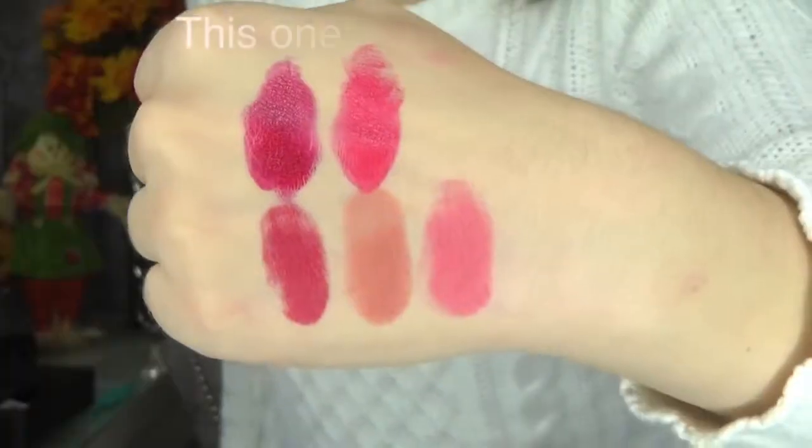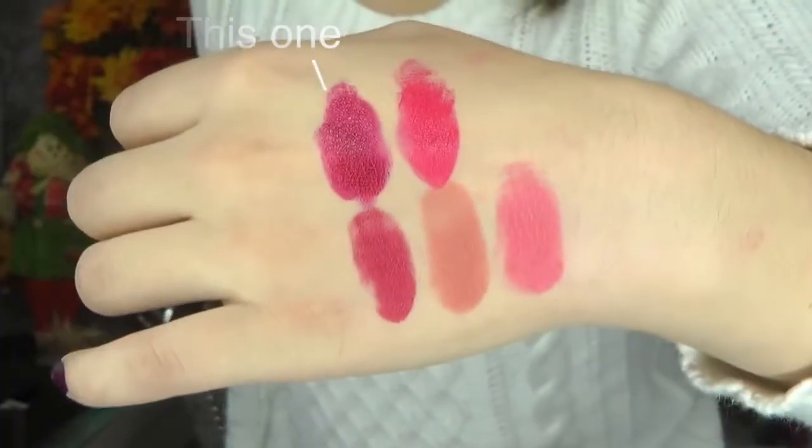So first one is called Broadway Plum. It is a really beautiful fall color. By the way, the details on these lipsticks are amazing, and the packaging is super cool because they're magnetic. So it's like, ready? They're super fancy. Then this one is called Bleecker Street Peach, which is